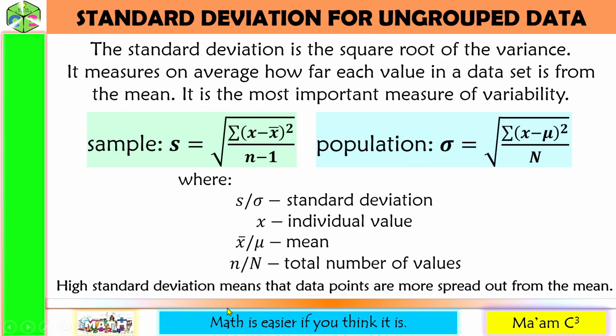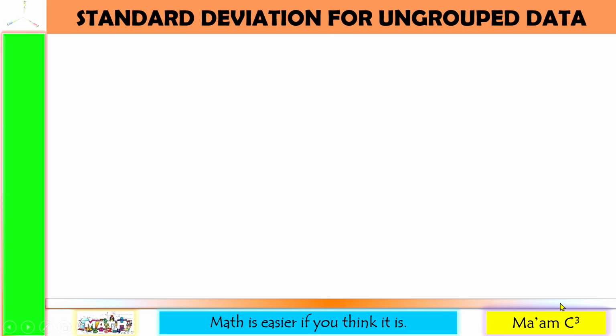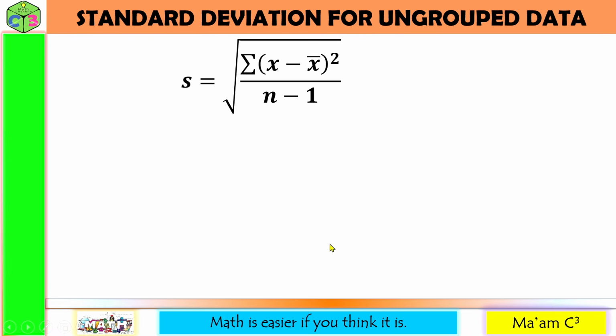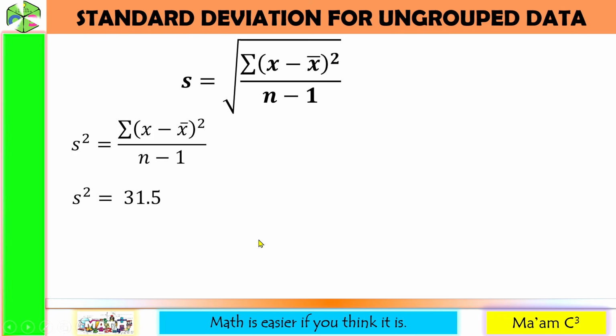Now, how do we interpret the standard deviation? A high standard deviation means that data points are more spread out from the mean. Let's have the example. So again, the formula is the square root of the summation of the square of the difference of x minus x bar all over n minus 1. And the portion inside the square root is the formula of the variance, and we have computed its value earlier, and that is 31.5. To solve for the standard deviation, we just have to get the square root. So the square root here and this exponent 2 here will cancel out. The square root of 31.5 is